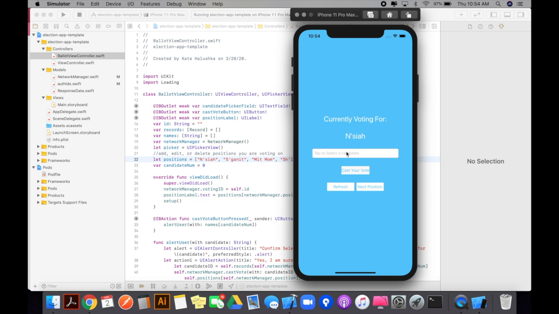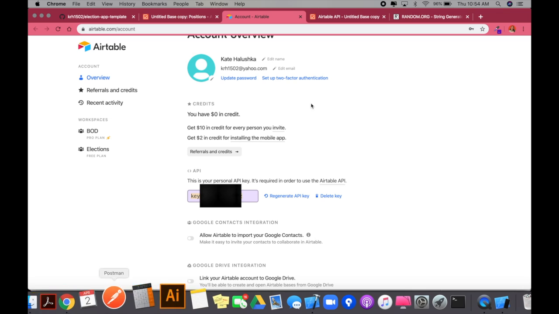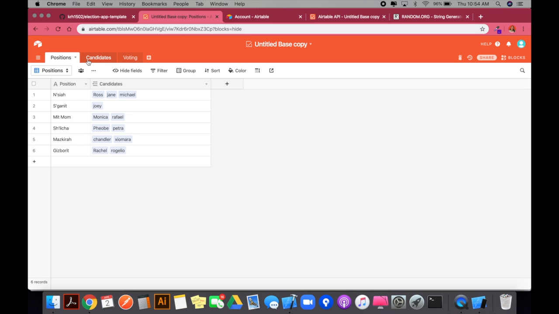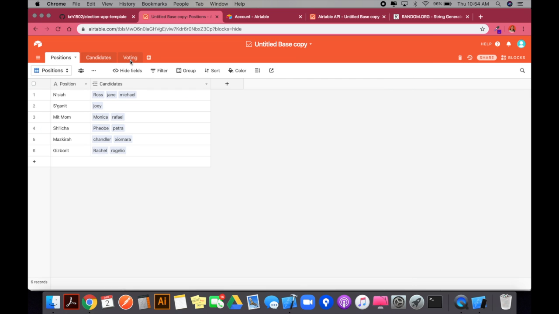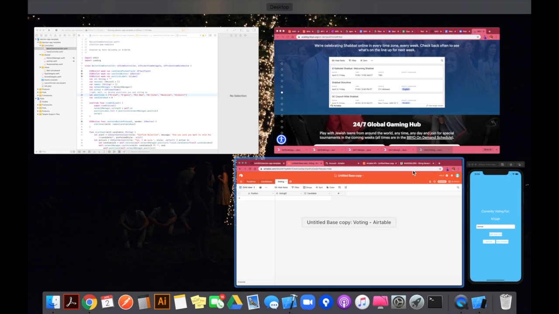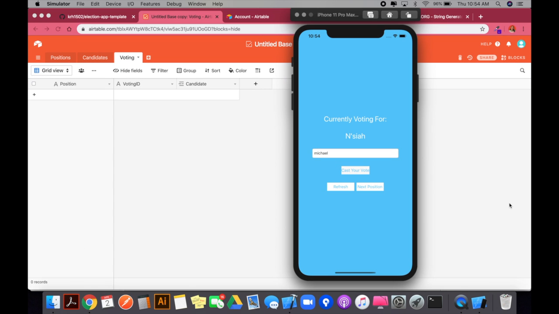So now I'm showing you how we're voting. So we're on Nicia, and you can see that there's 3 different candidates. And if I go to Chrome and to my Airtable base, you can see that those are the candidates that are in the Airtable base. So I'm going to switch to the voting thing so that you can see how it populates the data in the table. So once I click cast your vote,